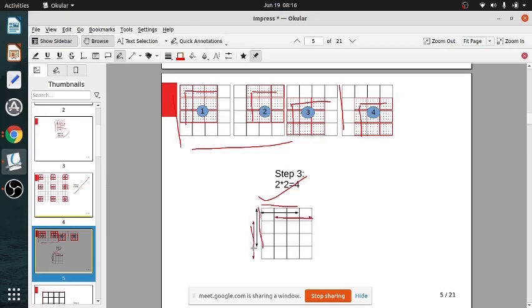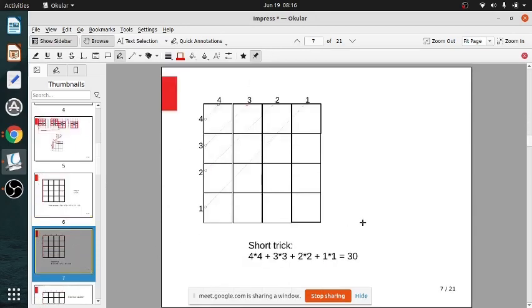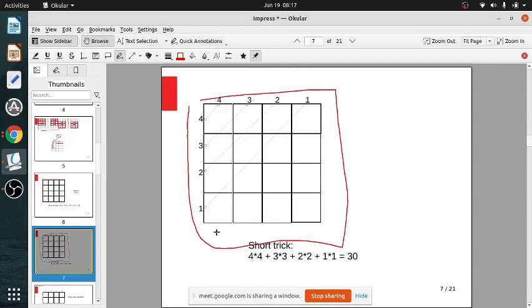So total 4. So then we got 4 into 4, then 3 into 3, then 2 into 2, and then if we take the whole thing at once, the whole is a square. We take all the 4 combined, which makes only 1. So 1 into 1. That is 1 square. So what do you get? 4 into 4, 3 into 3, 2 into 2, 1 into 1. So 16, 9, 4 and 1, you get 30 squares. Okay? Till this? Sanjukta?